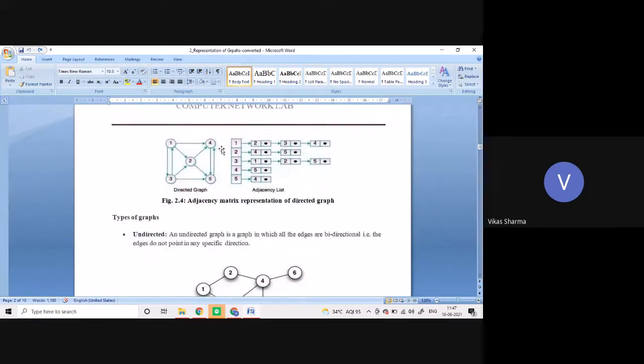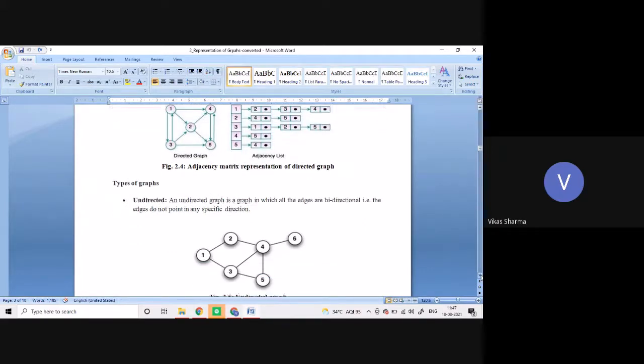We can see here this is a directed graph. We have some directions here. The edge 3 to 1 is available and the direction 1 to 3 is also available. This is a bidirectional graph. So 4 to 5 is also bidirectional, and 1 to 3 is also bidirectional. All the remaining ones are single directional. So for 1 to 2 there is only one connection, and 2 to 3 is only one connection. Okay, so that is the adjacency representation of the directed graph.